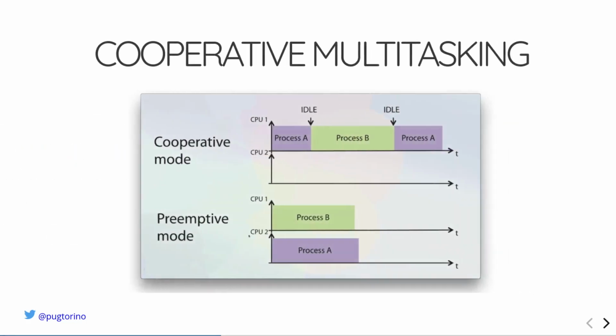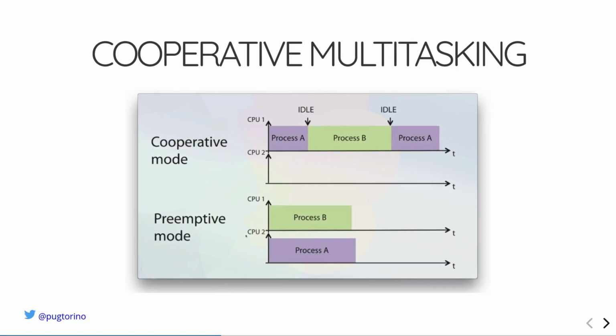Let's try to understand what this cooperative multitasking actually is. Cooperative multitasking is a way to execute pieces of code scheduled in time, and this is not parallel. This is very important to understand. Fibers do not introduce a way to execute parallel code in PHP. Fibers is just a class that gives you the ability to implement by yourself a cooperative multitasking pattern.